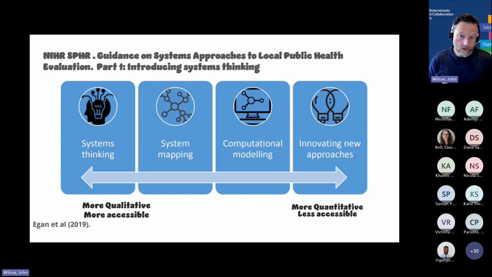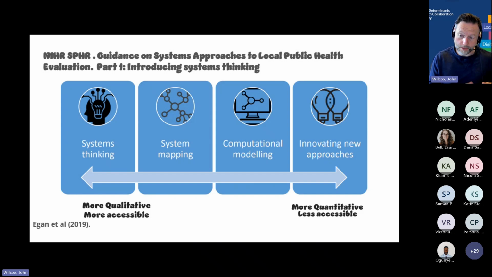Through to innovative approaches. So an innovative approach may be obviously new approaches, but also where there's a combination of more quantitative methods, such as computer modelling of systems, through to combination with qualitative methods. Because often in evaluation of systems and public health approaches to complex public health problems, you need a mixed methods approach to the evaluation. But what I'm going to go into in a bit more detail is a couple of examples of the qualitative end of